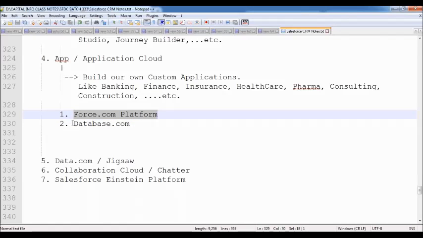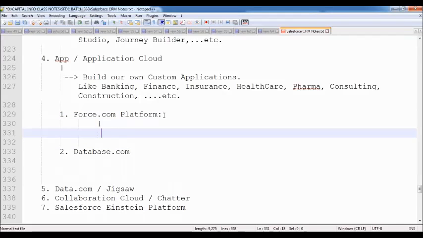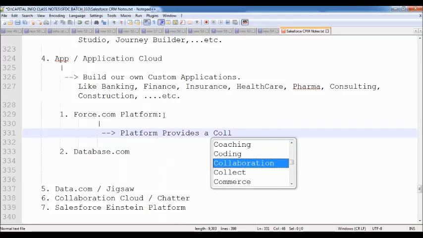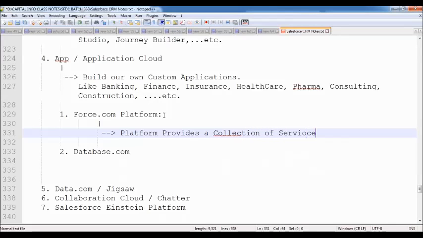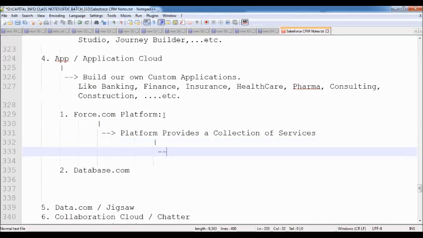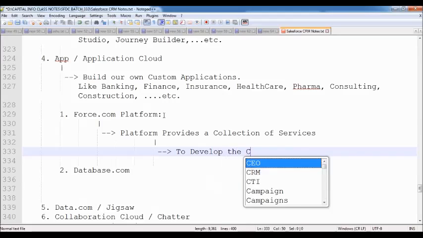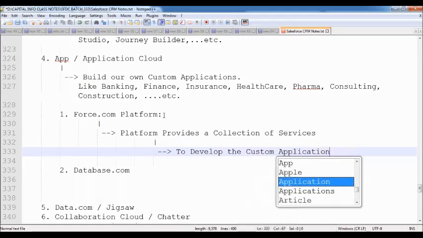So what is this Force.com platform that you are already aware of? Force.com is a platform which provides a collection of services to develop the custom applications.